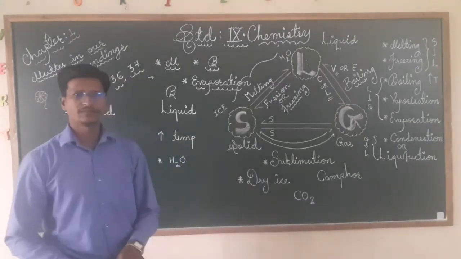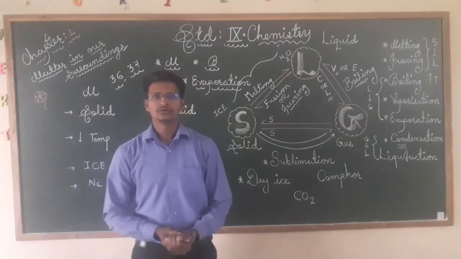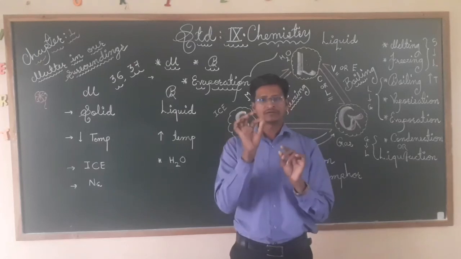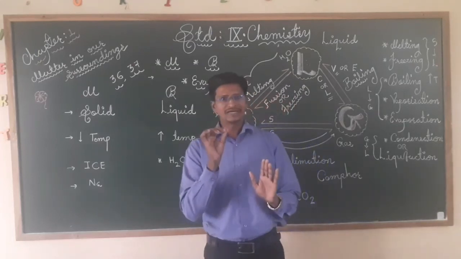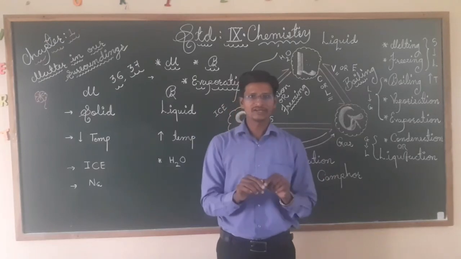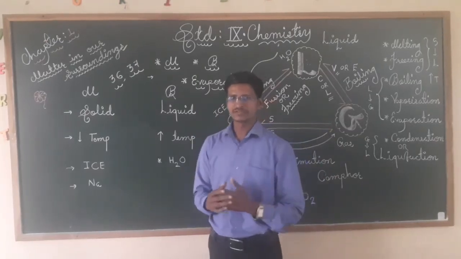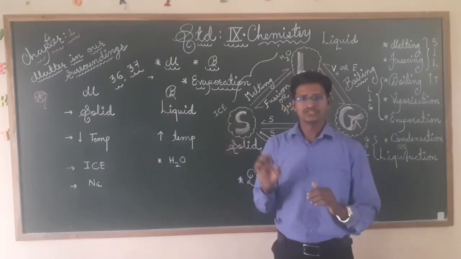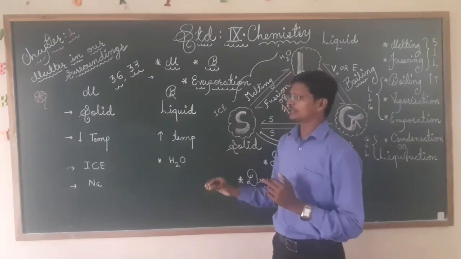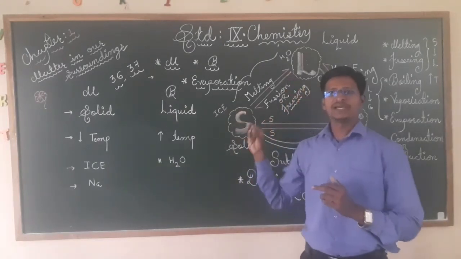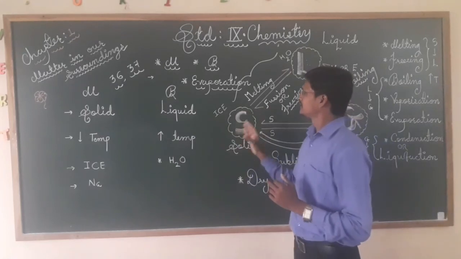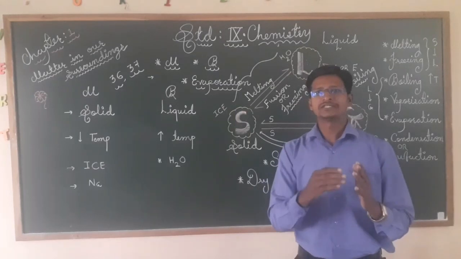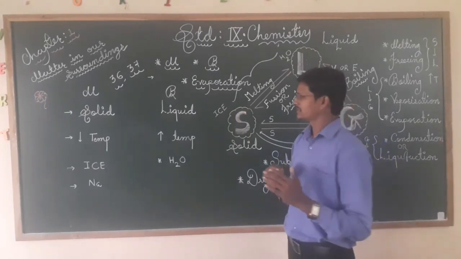This is the end of this chapter. If possible, go through the question answers given in the NCERT textbook. Those questions are very crucial, so write them in your notebook, because it is difficult for me to go through all the question answers. So here we are completing our chapter. Interconversion was the last topic in the textbook and it is very important. It can be asked for 3 marks or 5 marks. Remember to draw a labelled diagram of interconversion of states of matter, as it can be asked in the exam.